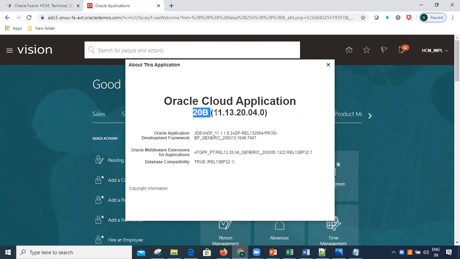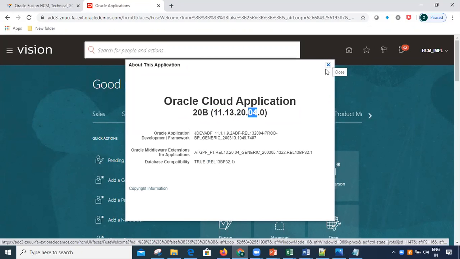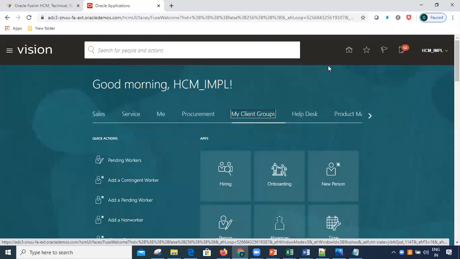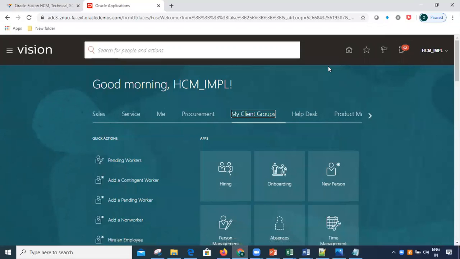So yesterday I told you how this logic will be there. Year 20, release 13, and 20 is the year, and B is typically the quarter of the year, like that. Okay. So in About This Application, you can see the latest version of this application.